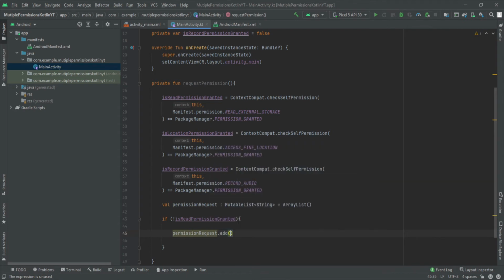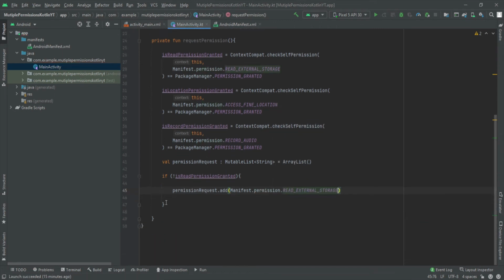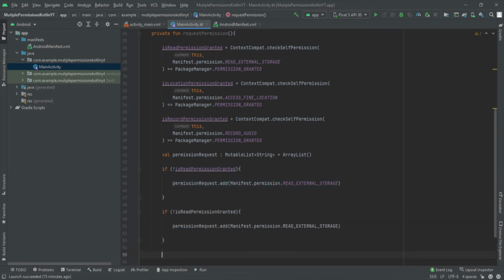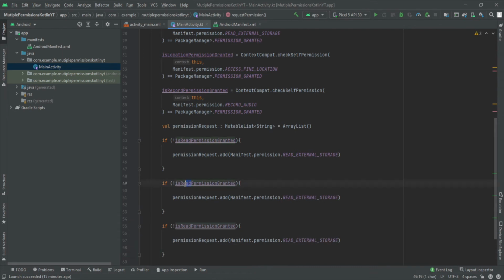Dot add Manifest dot permission read external storage. And similarly we're going to do that for the other two permissions. So let me just copy this location permission.